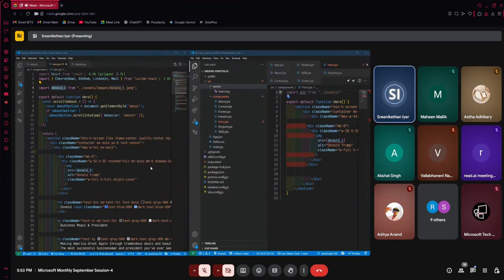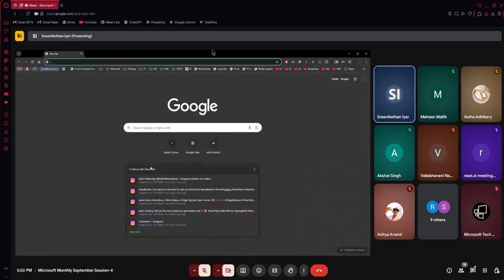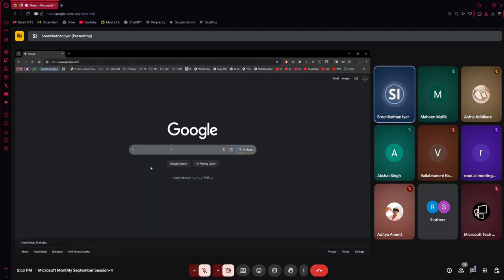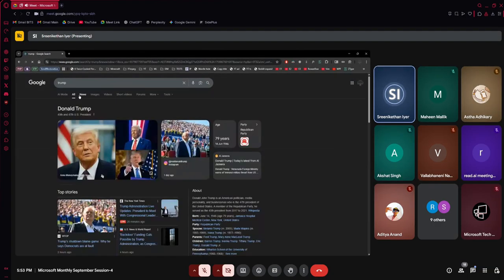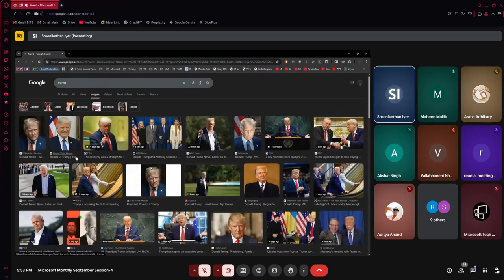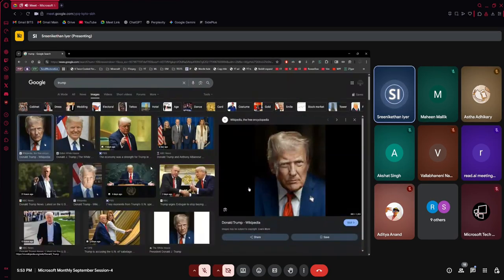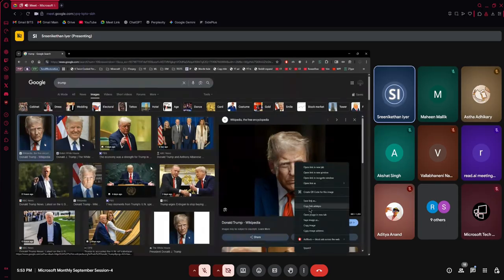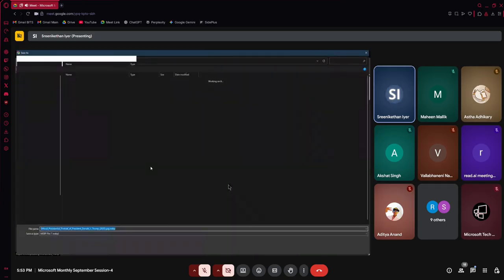So let's just go to Google, for example, and type for Trump and just get one of his images here. So this looks like a decent mugshot. I mean, a good, decent portrait. So let's just go save image as, and then